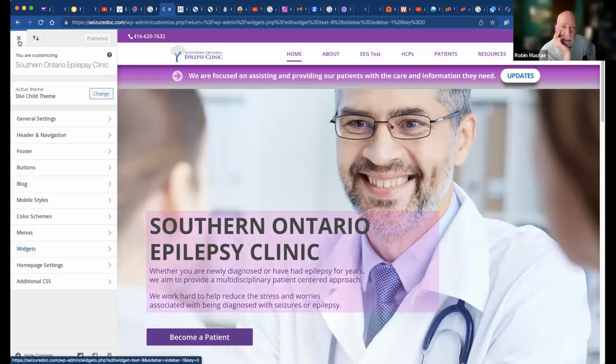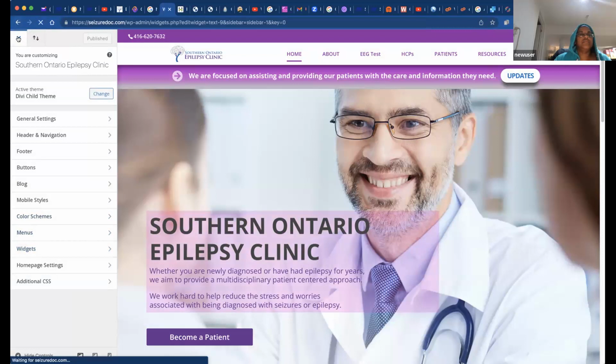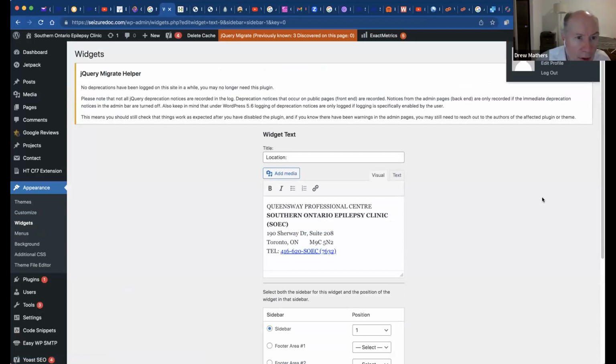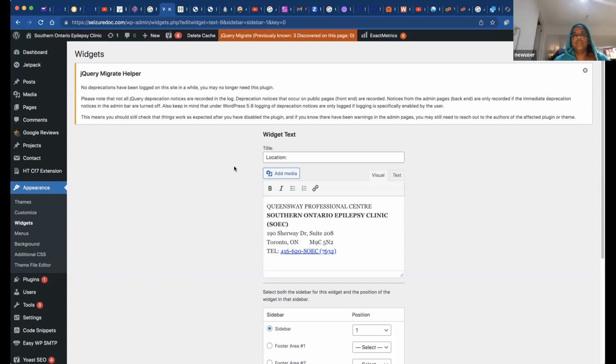Okay, can we go back one step there? Sure. Notice the message at the top of it, the jQuery migrate helper. So it's a plugin that says you might no longer need it.